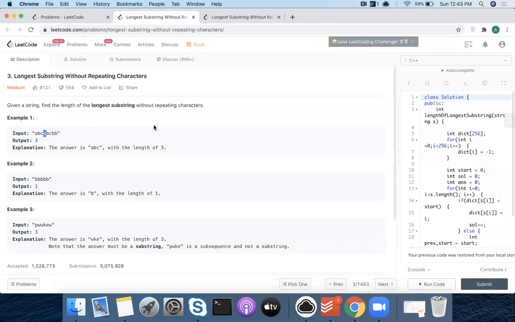Let me give you an example, Neha, in that case. So let me give you the example A, B, B, A. So let's repeat your approach now. You have both the pointers at A. Then you keep incrementing until you get A, but B has already repeated itself, right? A, B, B, A. Okay, got it.